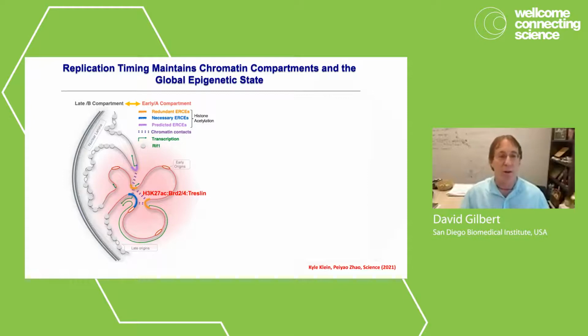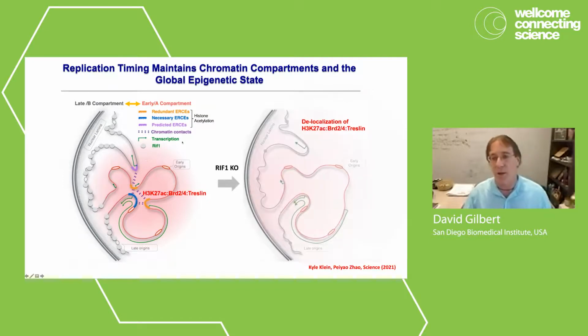So we would create this microenvironment in the nucleus that is poised to replicate early as soon as S phase begins. So what I'm going to show you today is that there's a protein called RIF1, which coats the late replicating compartment of the nucleus. And when we knock out this protein, we see first a complete or near complete, depending on the cell line, disruption of replication timing. And that's followed by delocalization of histone marks, and then disruption of transcriptional regulation and disruption of the 3D architecture of the chromatin.